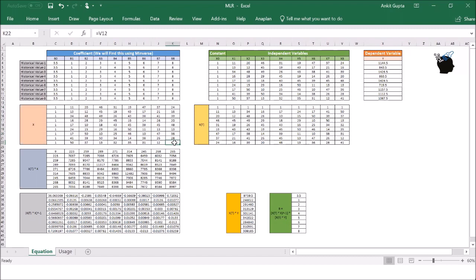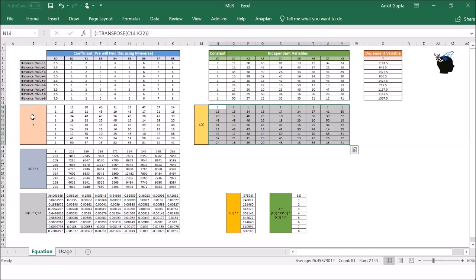Once I have done this, I will calculate X transpose using the transpose function. For this entire matrix, I'm just going to write transpose of C14 to K12 and press Control Shift Enter, so we use the array function and calculate our X transpose.